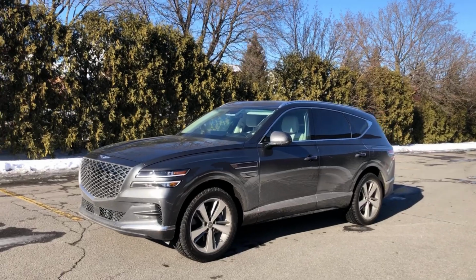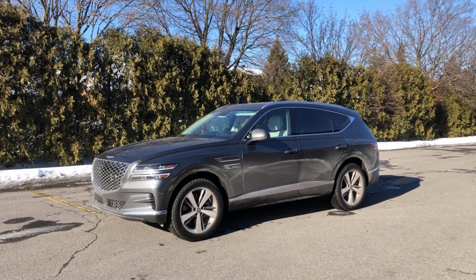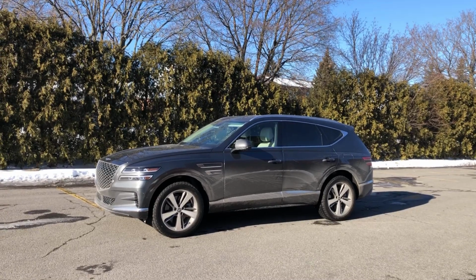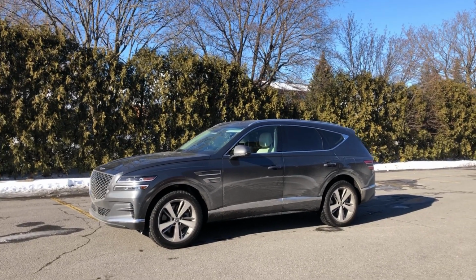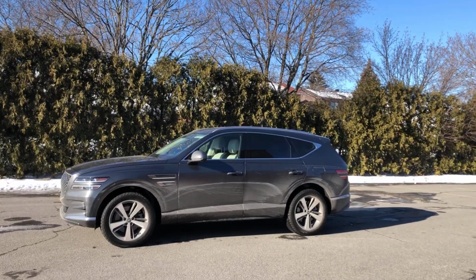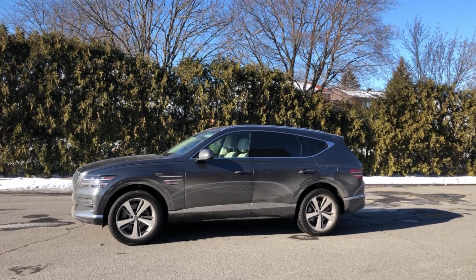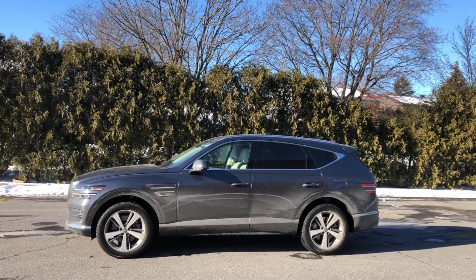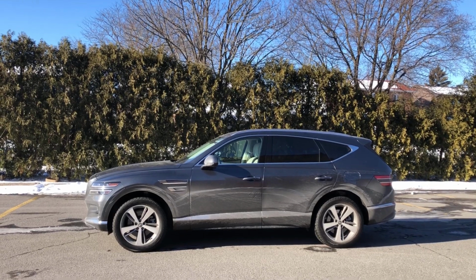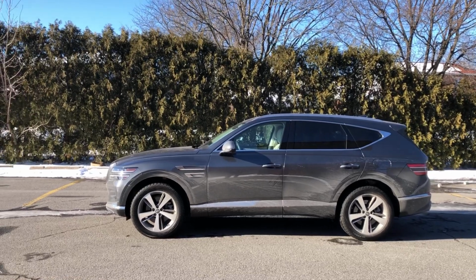In fact, so well thought out is the whole packaging for this SUV that, I don't know, from the very beginning, the experience of shopping, then purchasing and using your Genesis product is beyond compare. It's true luxury. Look, as far as trims are concerned, in the US, the big difference is that rear-wheel drive is standard. You can get all-wheel drive with the 4-cylinder engine. With the V6, it's all-wheel drive standard everywhere. Base price is $48,900 for Select. In Canada, all-wheel drive is standard, and the base price for the Select is